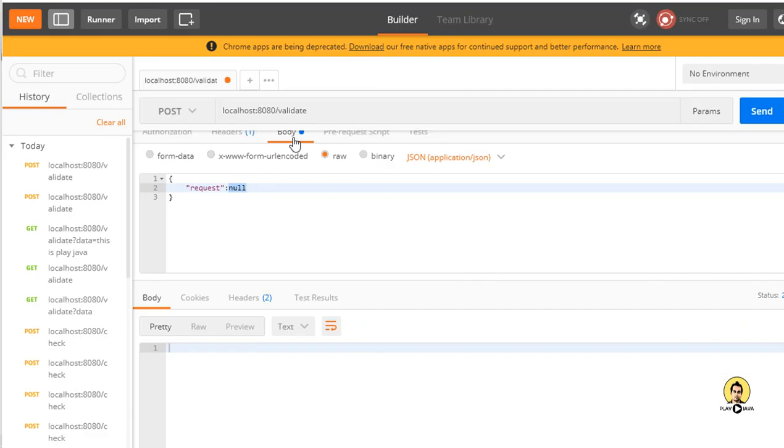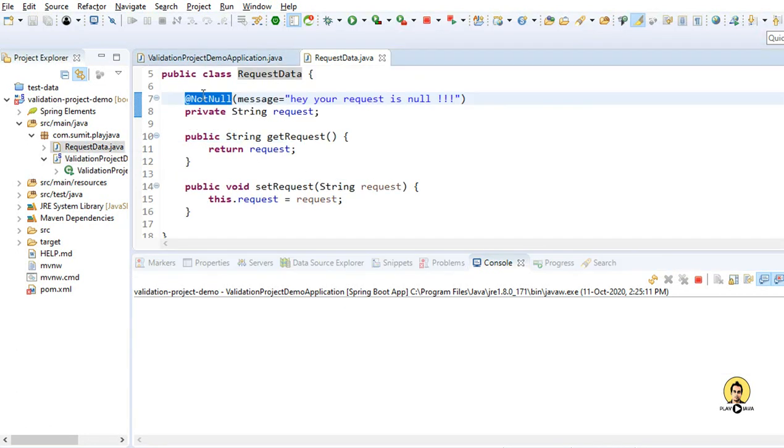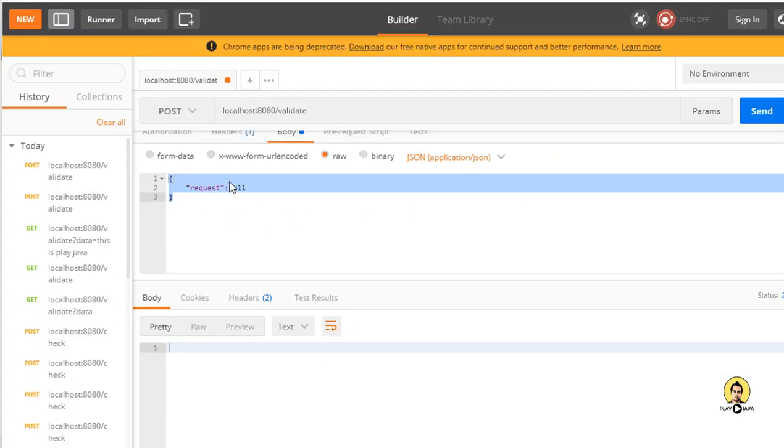Now when I hit send with the body as a request, which is currently null, this will go inside this request data and check that this request is null. So it will throw the error with the custom message which I have shown here. So now I will go and click on send.